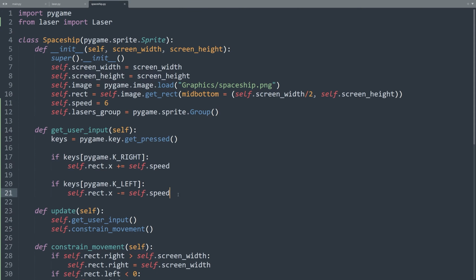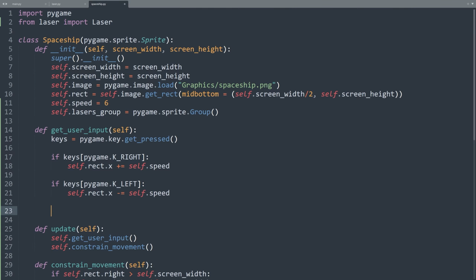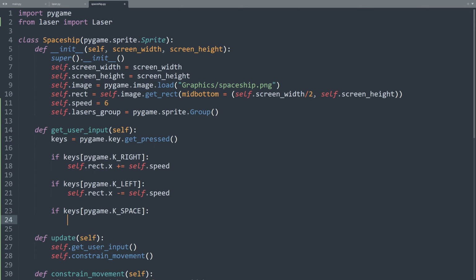We have to check if the spacebar is pressed. If keys brackets pygame.K_SPACE colon. Now we need to create a laser object. laser is equal Laser. We need to provide 3 arguments: position, speed, and screen height. The last 2 arguments are easy. Screen height is just self.screenHeight.